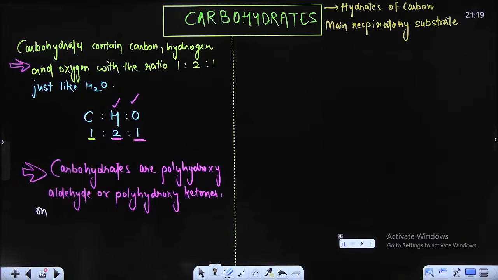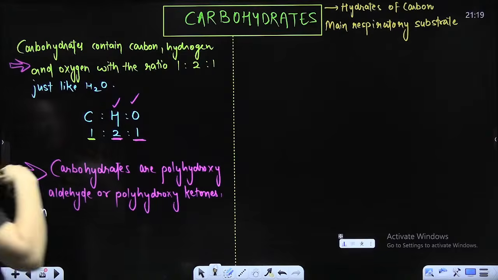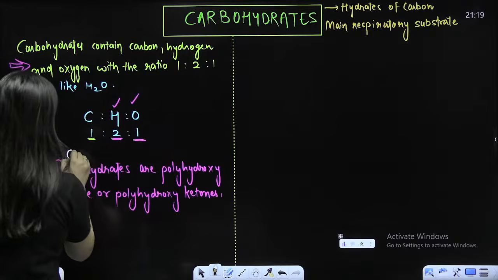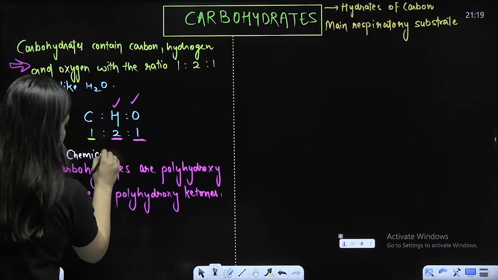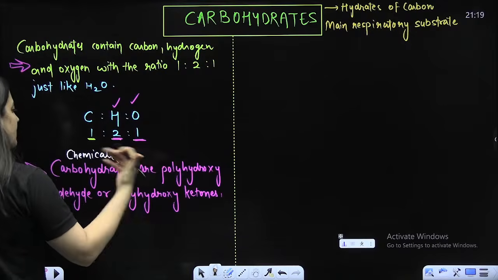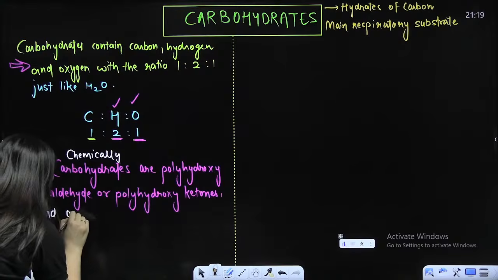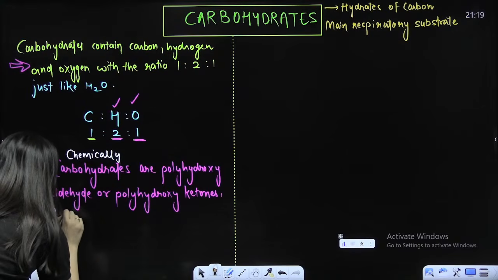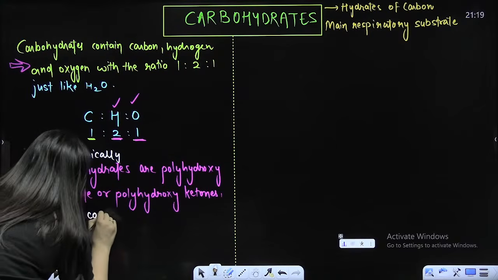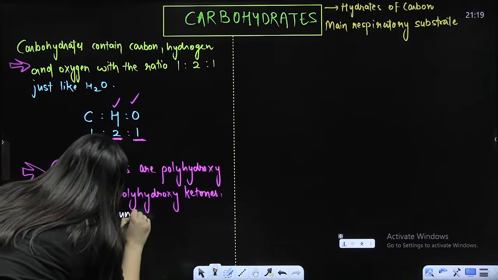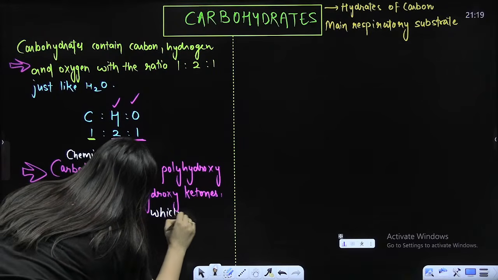Are you getting my point? So chemically, carbohydrates are polyhydroxyaldehyde or polyhydroxy ketones, and the compounds which on hydrolysis